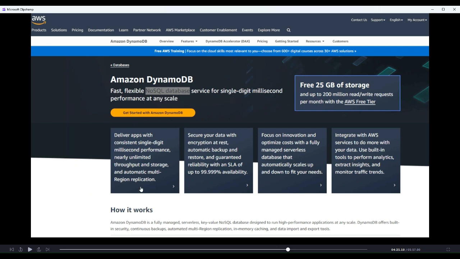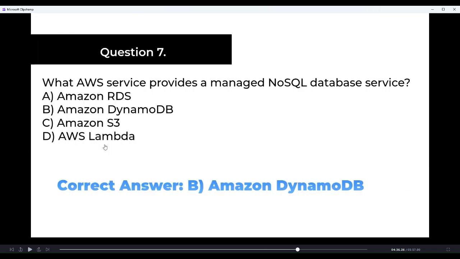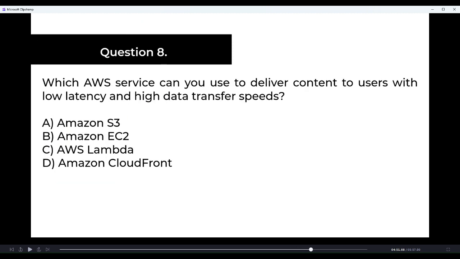Basically, DynamoDB is used where you need high performance, in single digit milliseconds, which is pretty high. It works with NoSQL databases. So the correct answer would be DynamoDB. Let's move on to the next question, which is: which AWS service do you use to deliver content to users